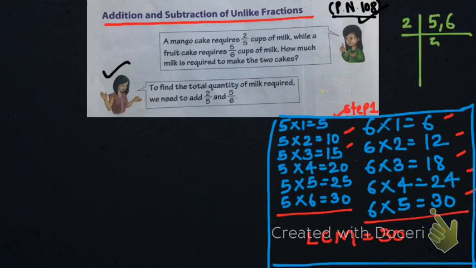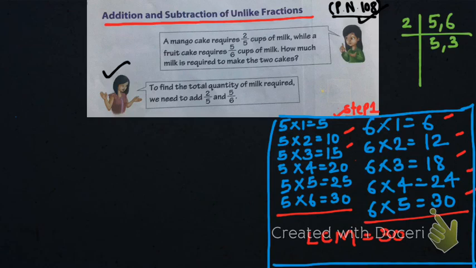You can also derive the LCM like this. First you start from 2. Here you see, is there any number divisible by 2 here? Yes, here 6 is divisible by 2. And 5 is not divisible by 2, so you just write 5 here, and 2 threes are 6, so write 3 here. Now see here, is any number divisible by 2? 5 or 3? No, 5 and 3 are not divisible by 2. So you go to the next number, 3.